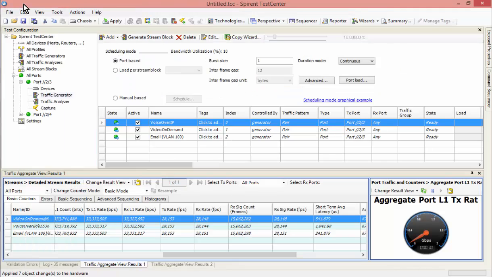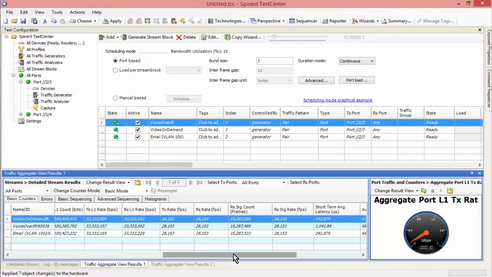And going back to the STC results, so the short-term latency, let's quickly refresh the results. Short-term latency, so on email we have 200 microseconds, on video on demand we have 500 microseconds, and on the voice over IP we have 1 millisecond. So that shows how we can add different impairments